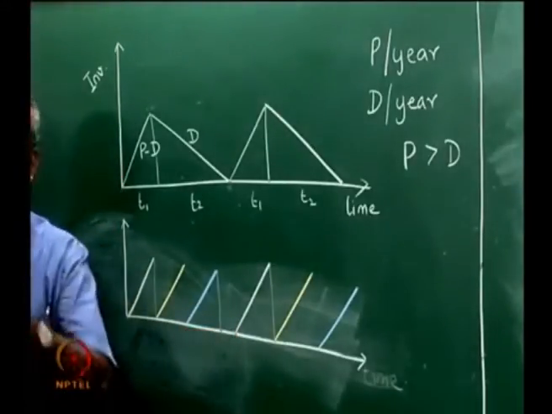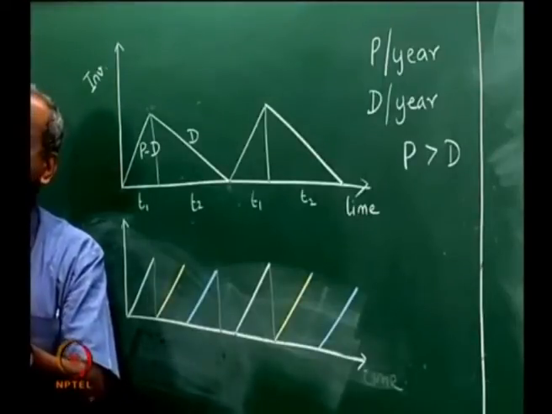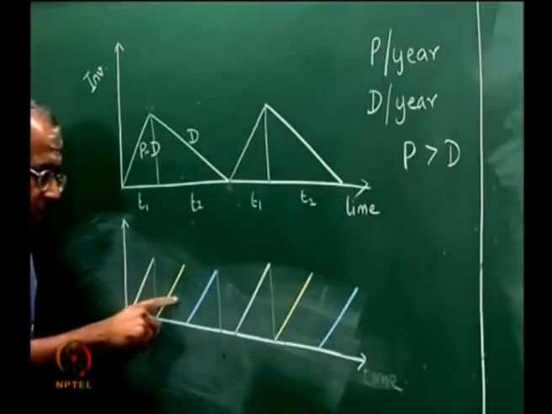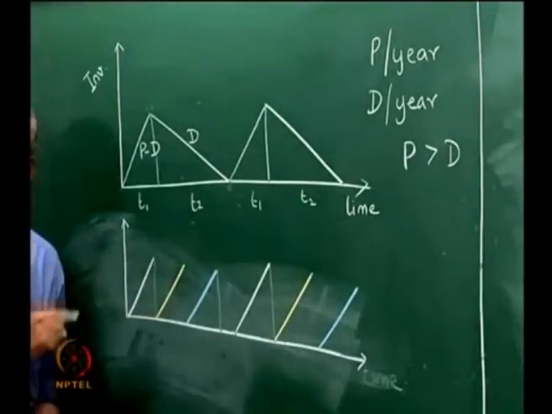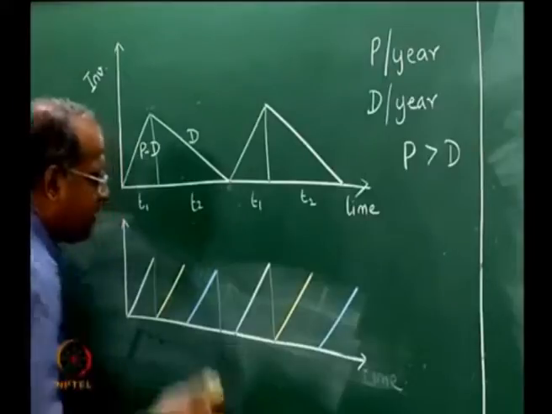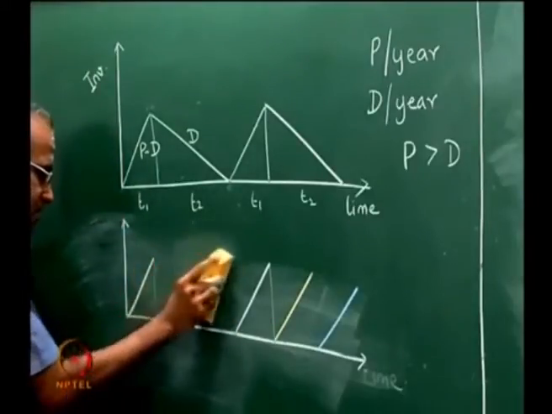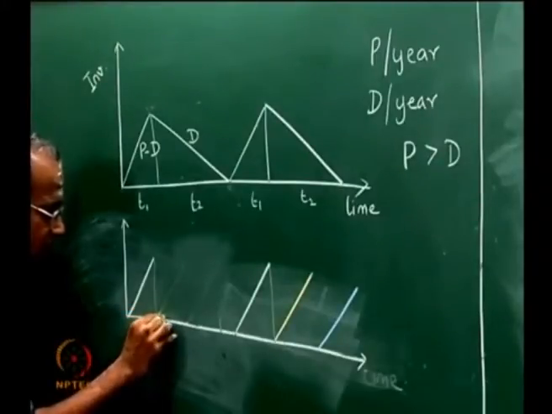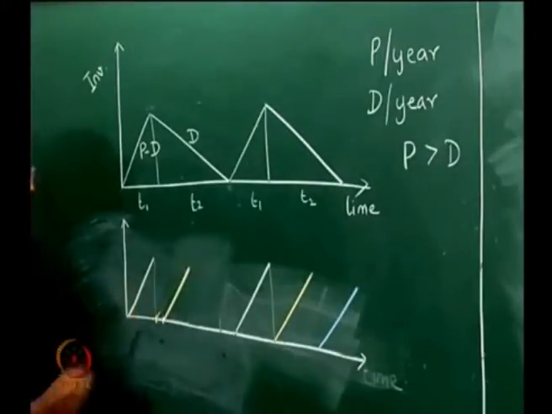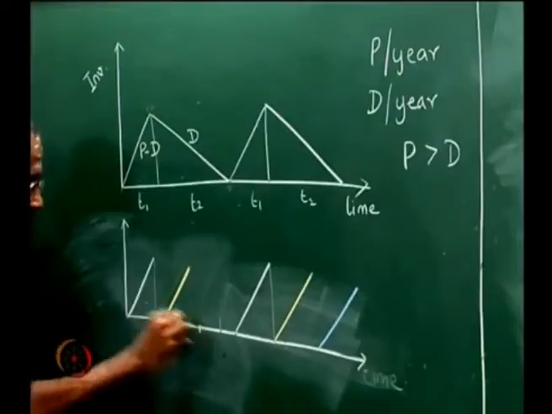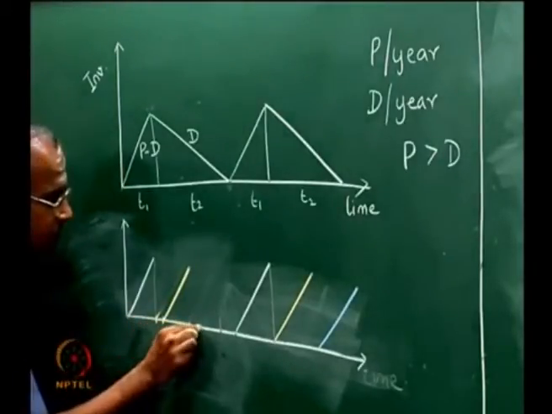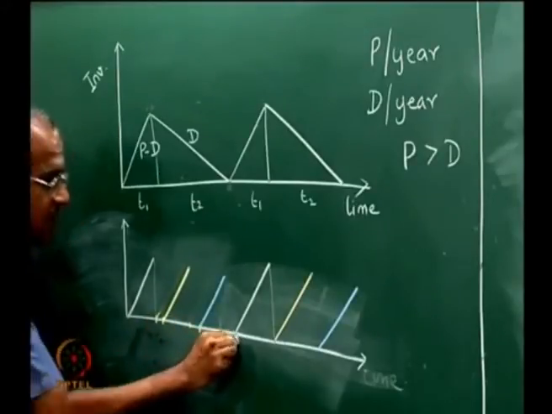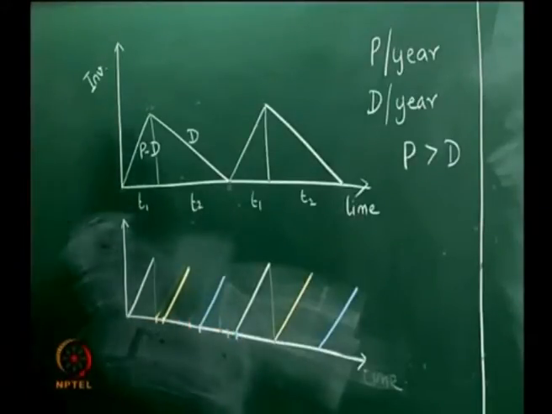This gap should be enough for the time of 3 changeovers, because somewhere we have to change over from white to yellow, yellow to blue and then blue to white, which simply means that if we are able to do something like this. Now this much is the changeover time to yellow and then the yellow cycle happens. Now this much is the changeover time for the blue, then the blue cycle happens, and then this much is the changeover time once again for white and the white setup happens.